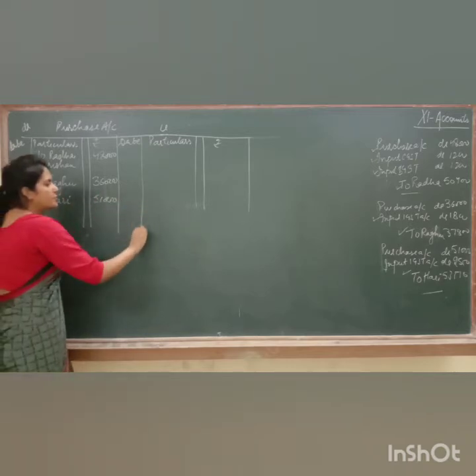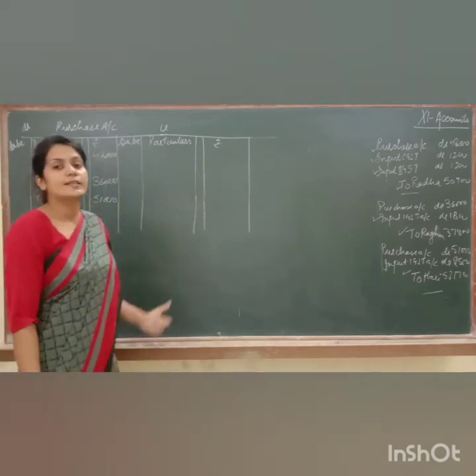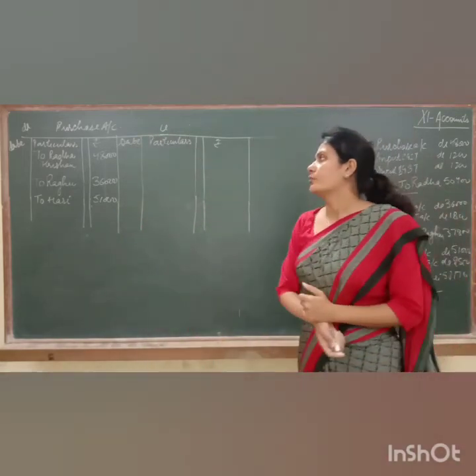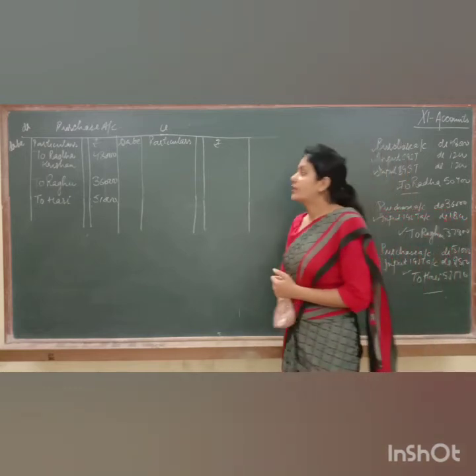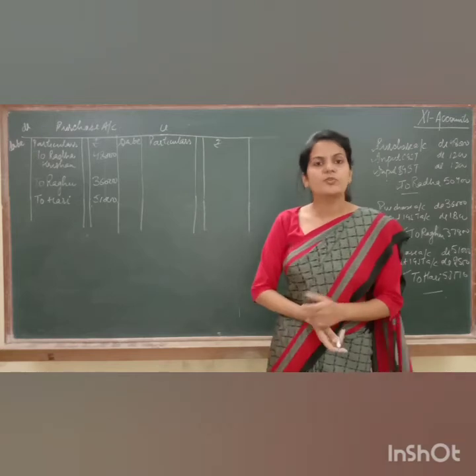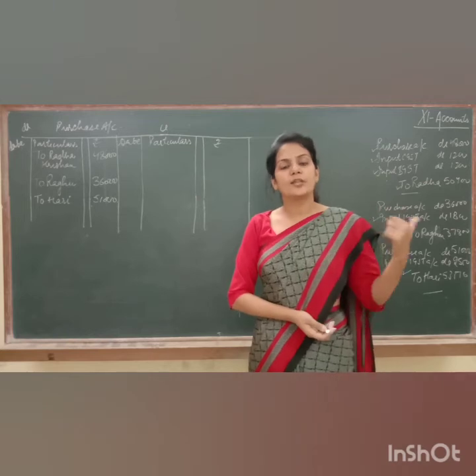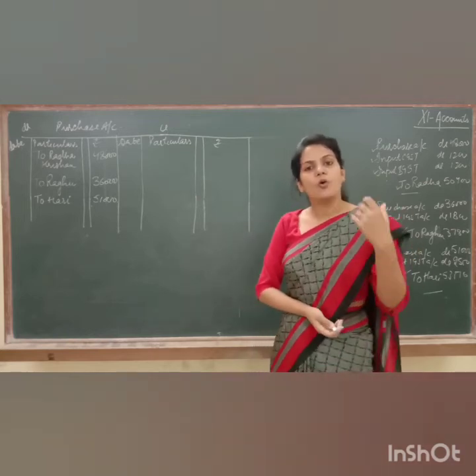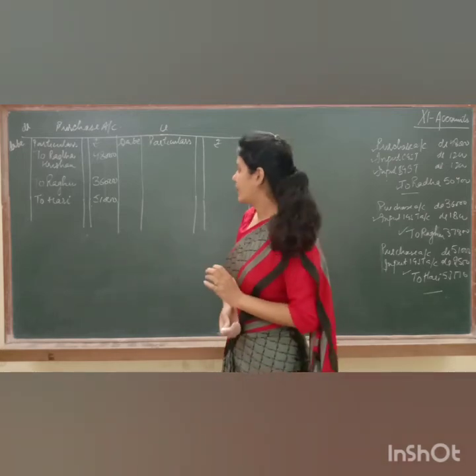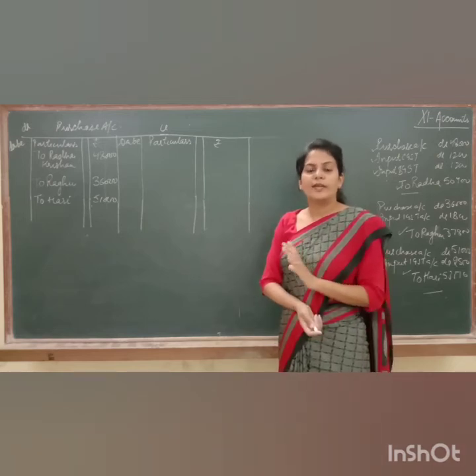Now, one thing I told you in my previous video lectures also, that we never balance any nominal account. Purchase is also a nominal account, so we are not going to balance it. Rather, we will be transferring the balance of purchase to the trading and profit and loss account, but that too at the year end. This is just the beginning of the year, the month of April. We are going to transfer all the balances to the trading and P&L account on 31st of March. So what I have to do? I have to leave this account here only like this. I'm not going to do anything with it.